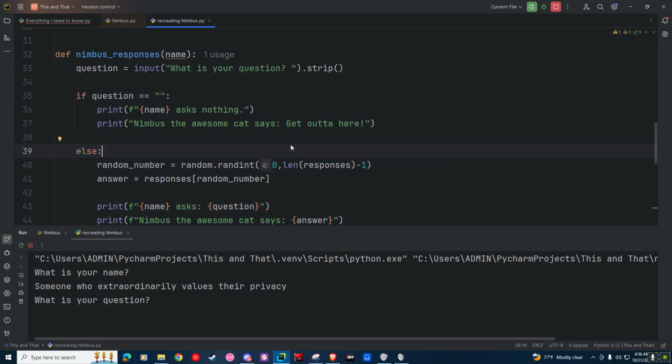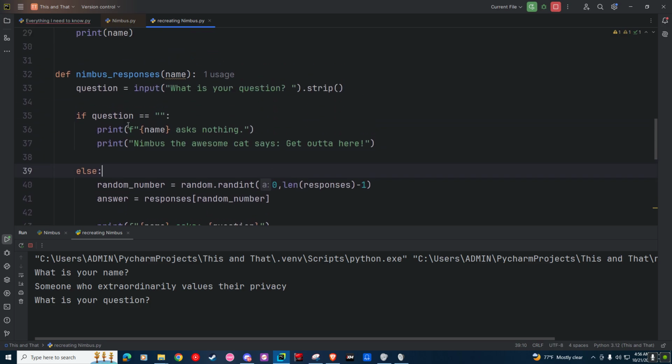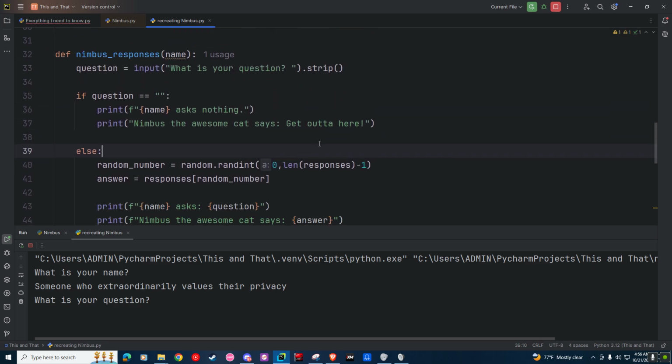So yeah, we did actually define it, and here's the definition of the Nimbus underscore responses. And you can think of this as like any laws that are passed, let's say in the US or Philippines. If you read the law, on the first few pages, you will see a definition of terms.